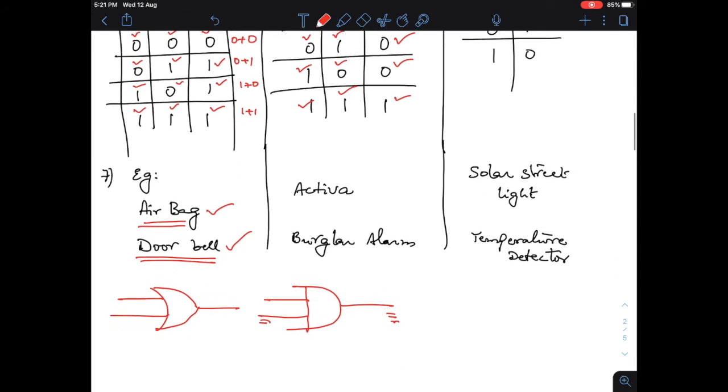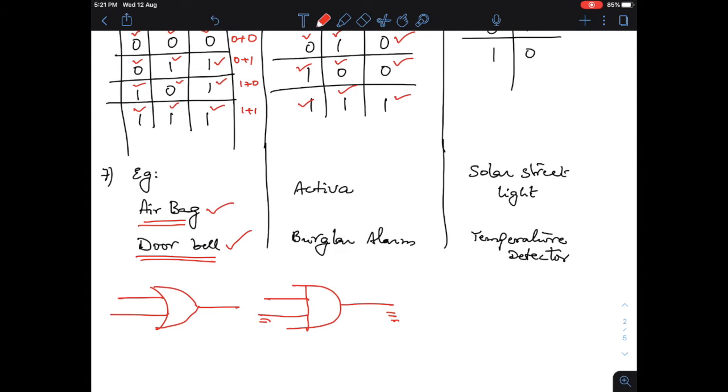Then examples. When we look at two-wheelers like Activa or Scooty, you have to hold your brake on the left side and you have to press your self-start button. Both together only, the engine will start, otherwise it won't. So there it is an AND operation taking place. Similarly, for security purposes we use alarms, that is called a burglar alarm. So this is also another example.